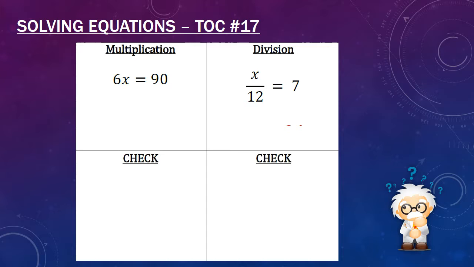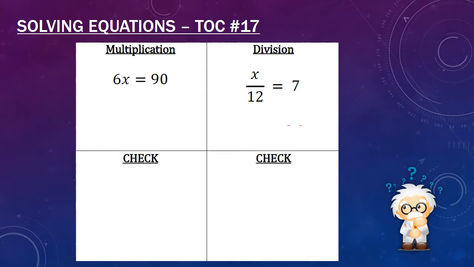Okay, the last two are the other partner operations. We have multiplication and division, and of course they're inverses of each other. So with multiplication, I have 6x. Remember we said that when you have a coefficient with a variable and they're right next to each other, that means multiply. They're not going to put a dot or anything in between them. They're just going to smush them together, and you have to understand that means that they're being multiplied. So once I do that,